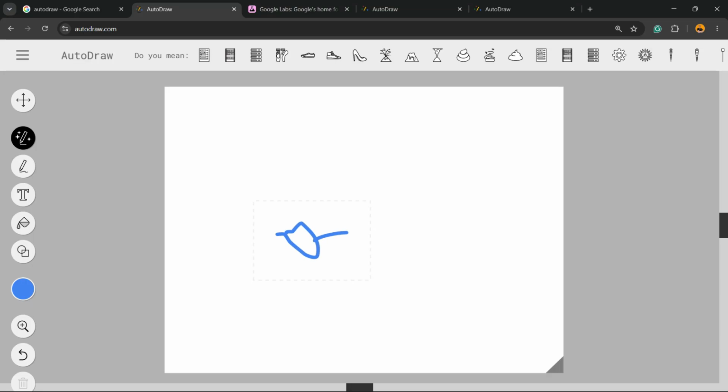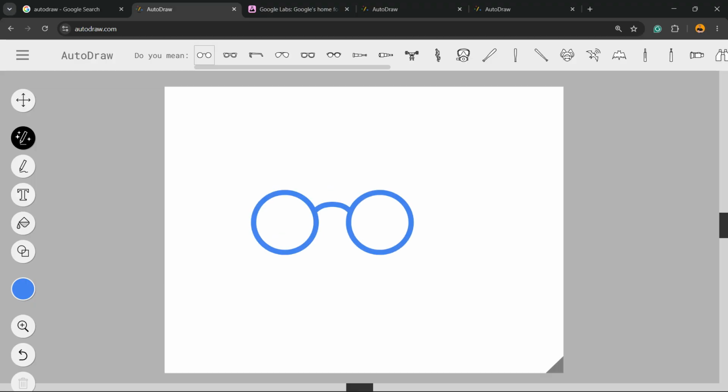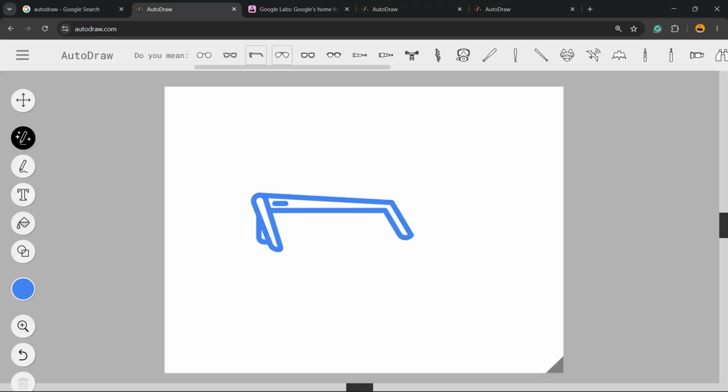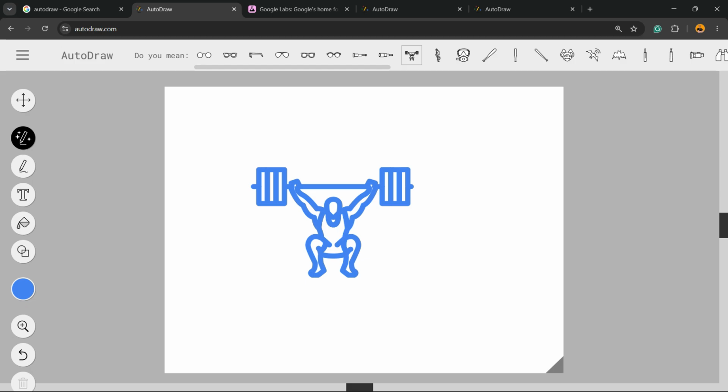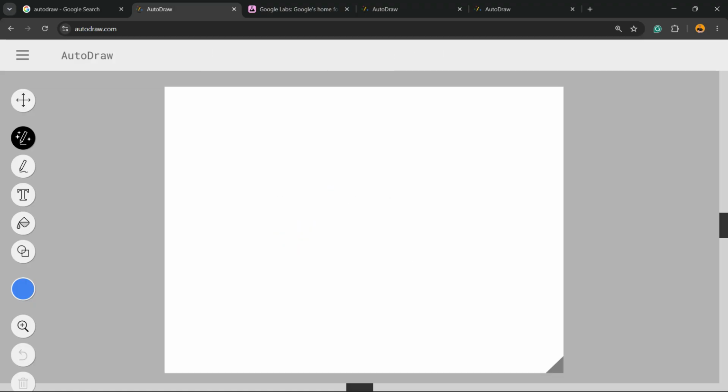For example, the tool already understood that I drew a glass. Nice, right? Now, let's undo. And let's try again. Let me try, for example, to